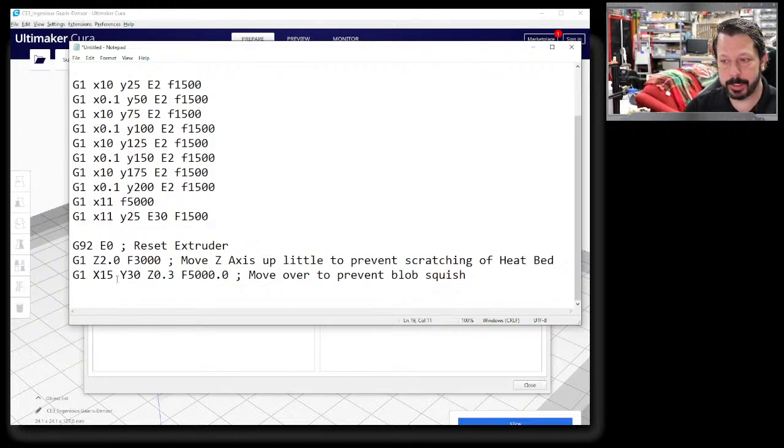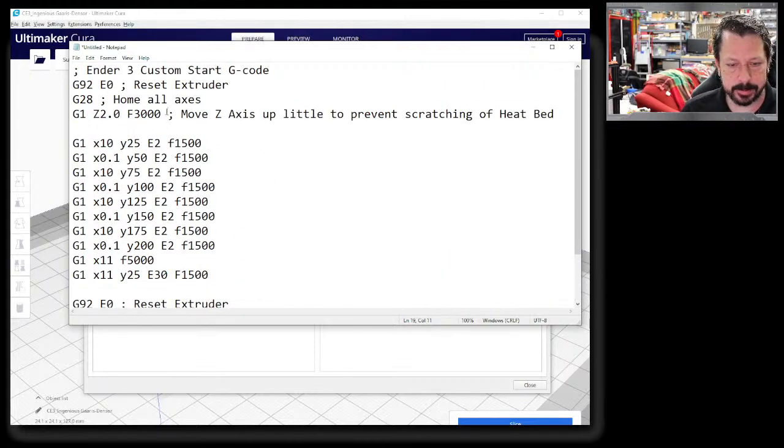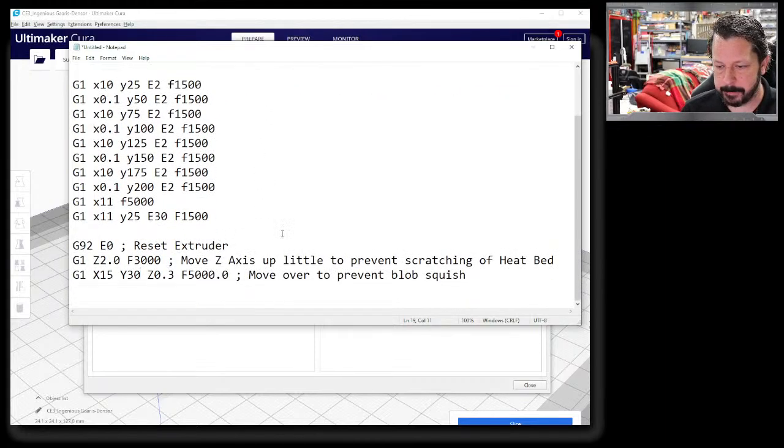Now, if you are printing something really large, then this 15, 30 might be in the way of that, so you have to be careful where you put the thing. We're just kind of doing this for fun, just to see an idea of what can happen here. So I'm going to copy all of this